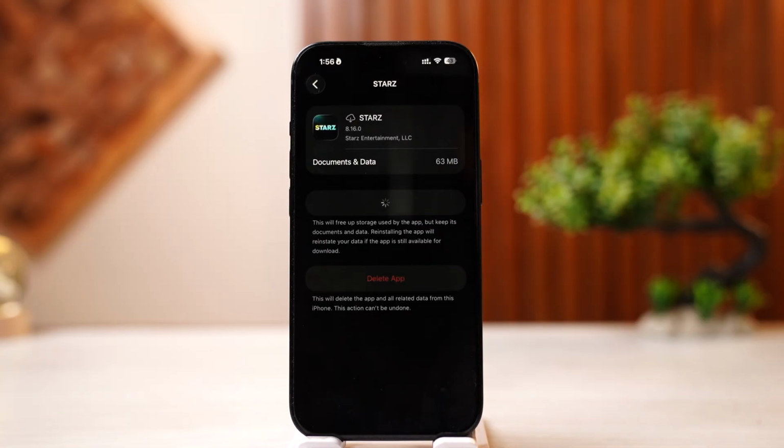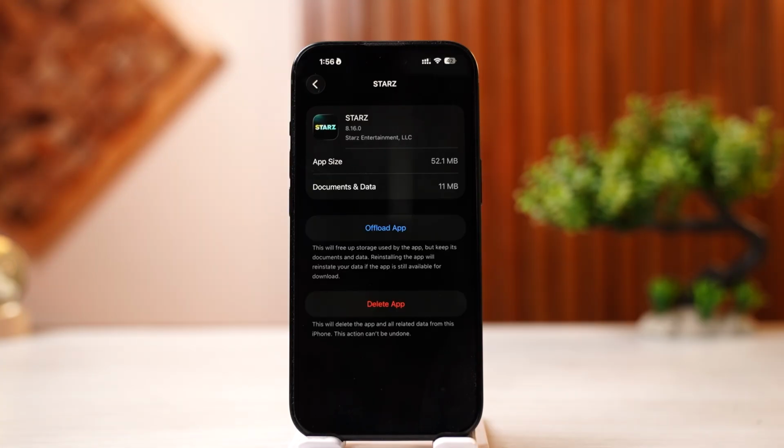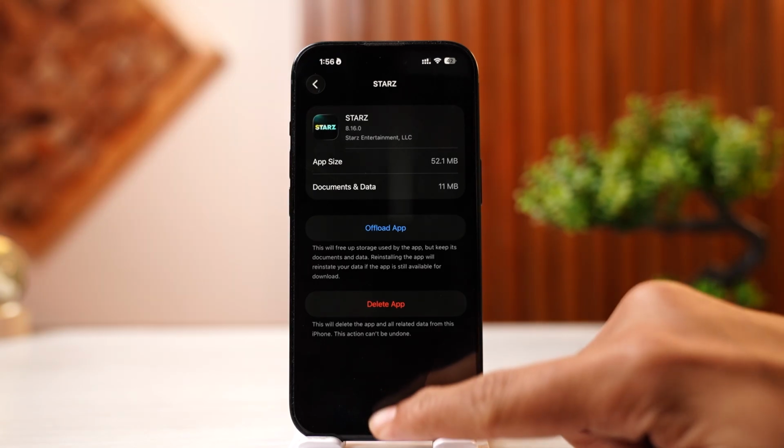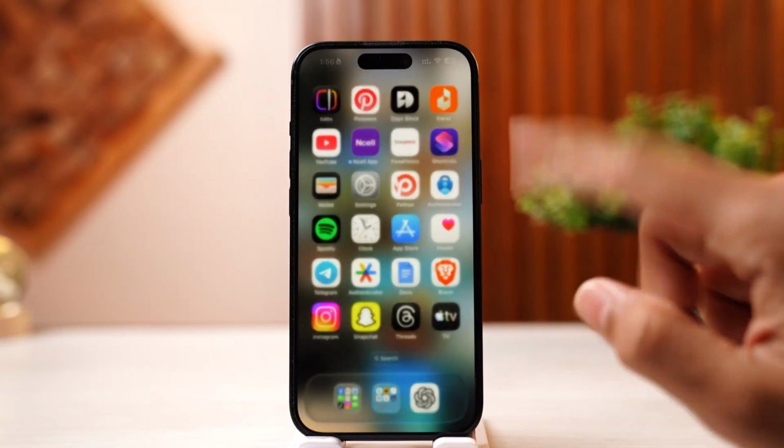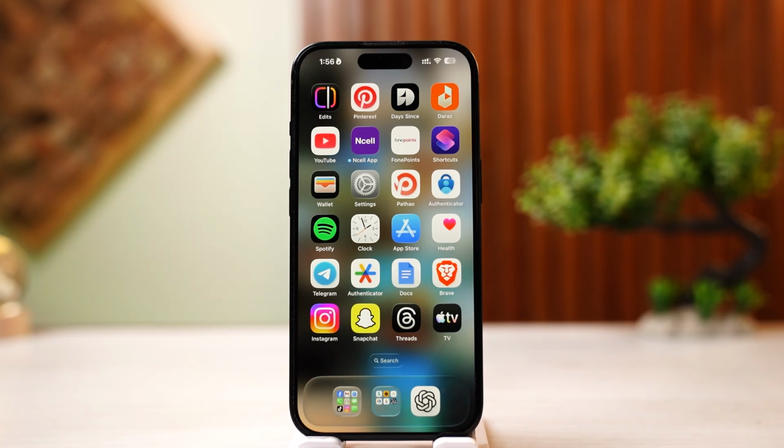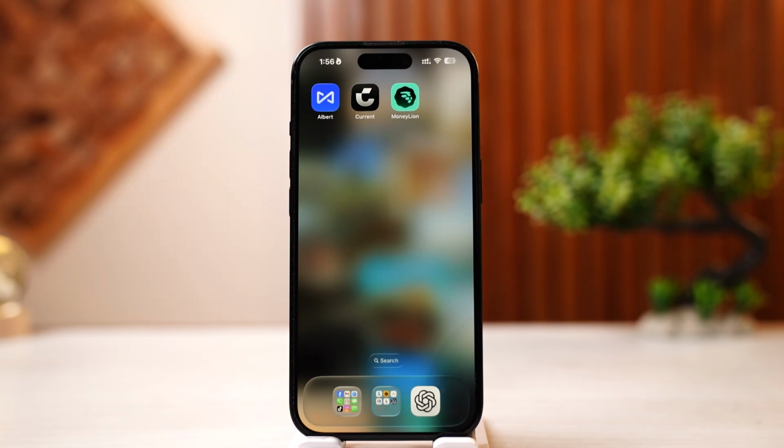And what this does is it deletes the application whilst keeping its documents and data. And the next time you open the app, you shouldn't be facing any login errors. However, if there's any other problem with the application, you can simply uninstall the app and install it again. However, if there's any other problem with the application, you can simply restart your device once and open the app